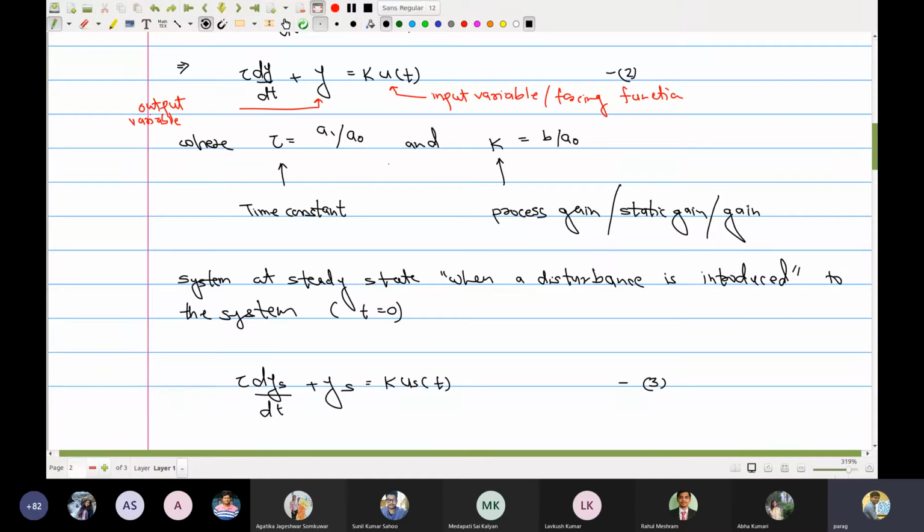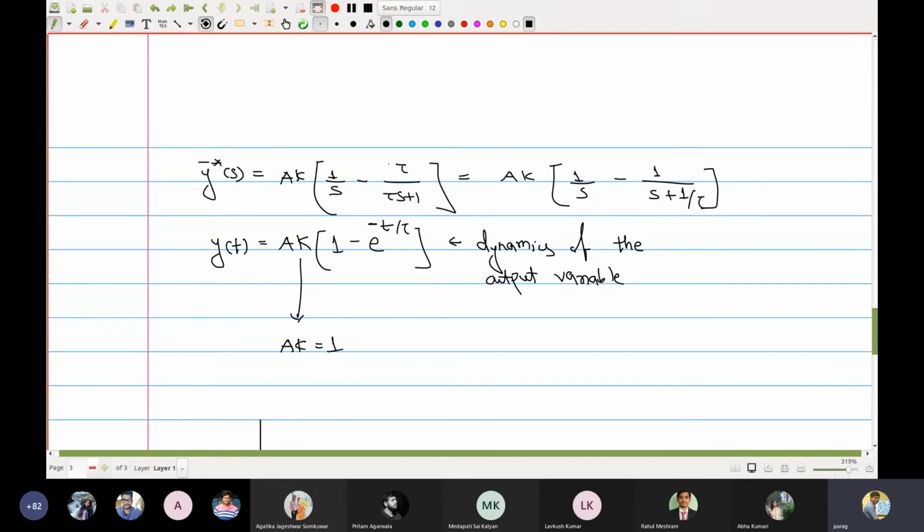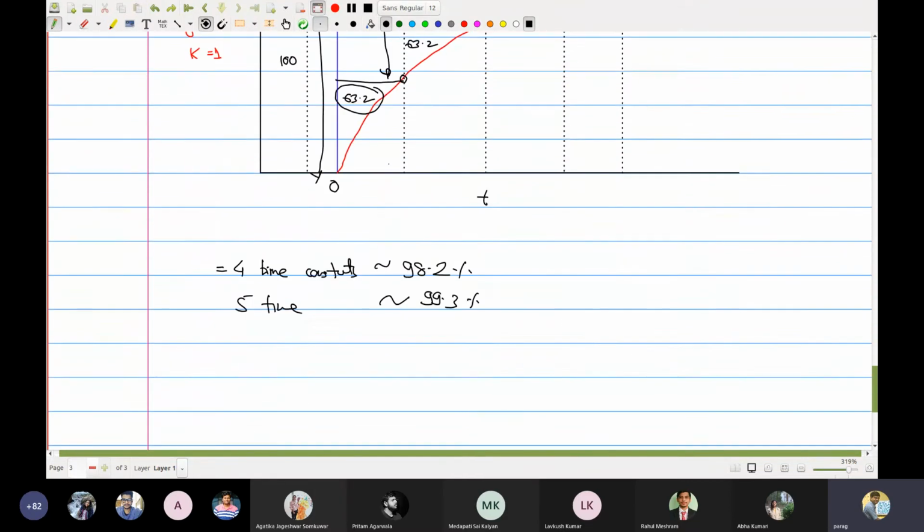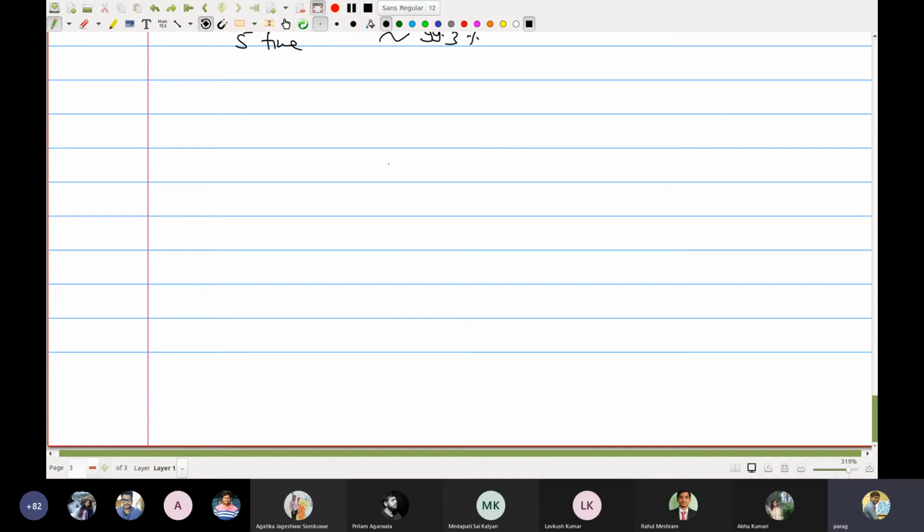Now, does that mean that if you do not use an ideal step function, you cannot define a time constant? The answer is no. The time constant is not specifically linked only to the ideal step function. It is applicable to all the forcing functions. Now, can we take an example of another forcing function and understand this in an analogous manner? So let's try to understand this for a ramp function.